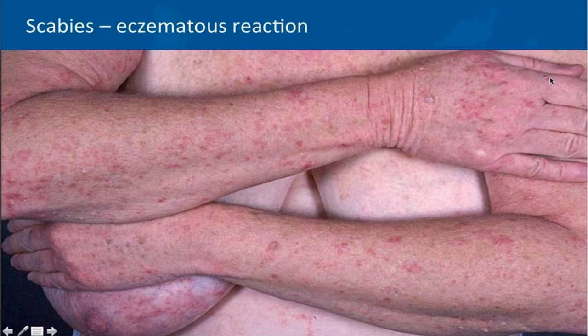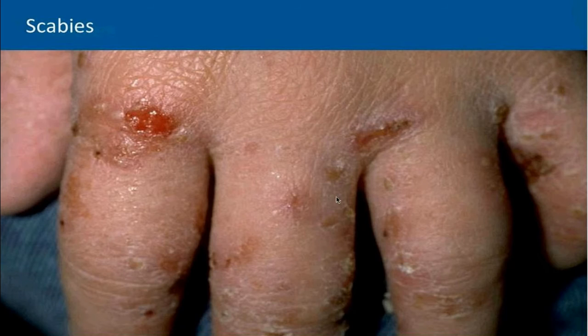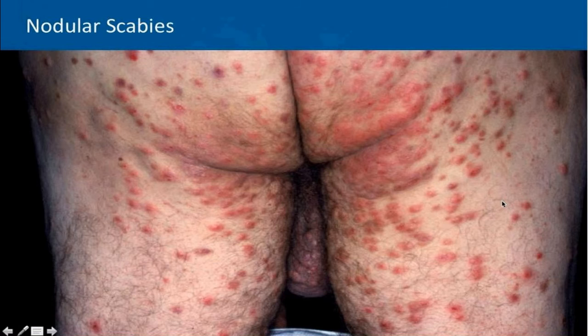Really, you're just going to find mites burrowed into the finger webs, around the nipples, in areas where the temperature is just perfect for the mites. And this is another patient who has scabies. These papules up here on the arm are not going to have mites in them. So this is the autoeczematization reaction. This is where you're going to find the mites, in these pustules and in these burrows around the finger web. So you can see all these pustules around the hand of a child.